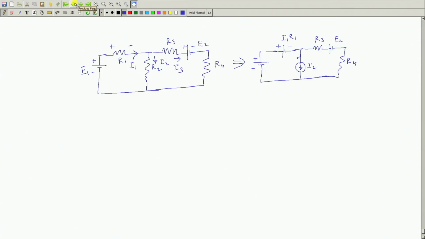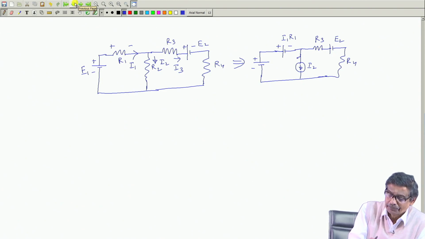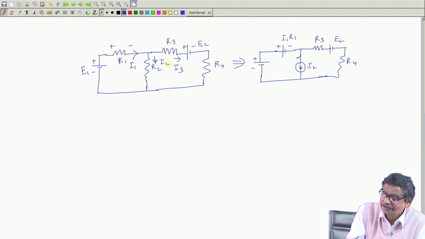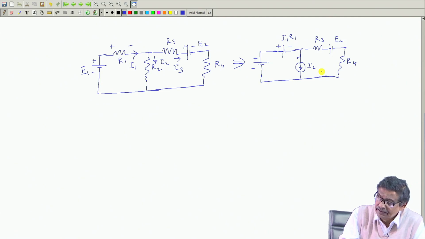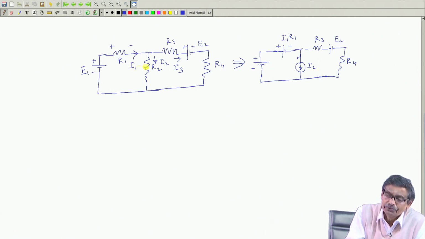In fact, the substitution theorem, this replacing, is not meant for circuit analysis, because you have to know the value of I 1 R 1, and only then can you replace it. But you can represent it like that. The KVL equations, the mesh equations in this will be the same as the mesh equations here. Why would they be different? Got the point? That is the idea.